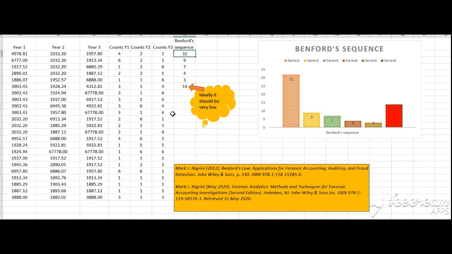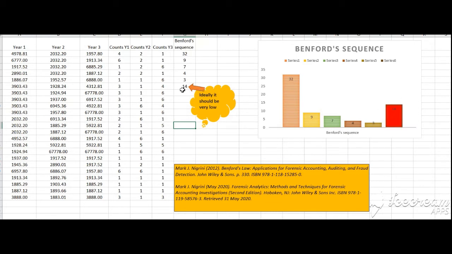Now, whenever we see that something is not following Benford's law, according to Dr. Mark Nigrini and his in-depth study, he virtually dedicated his whole life to this particular work, you will see that whenever there is an accounting fraud, the pattern is like this. It is coming down. From 1 to 2 it is perfect, from 2 to 3 it is perfect, from 3 to 4 and 4 to 5 also it is perfect. But the problem starts here. That is why I have put it in red color.